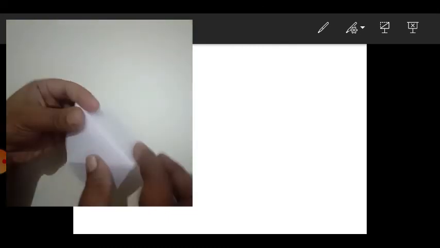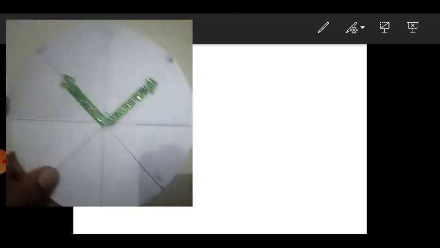Now let us recall one of the activities there, making a degree clock. So take a circle like this and you have to fold that circle. Half of the circle you have to make. See here, this is a circle, and if you fold that, it will become a half circle. See, this half circle you call a semicircle. And again you have to fold that circle neatly in half. See, it looks like this.